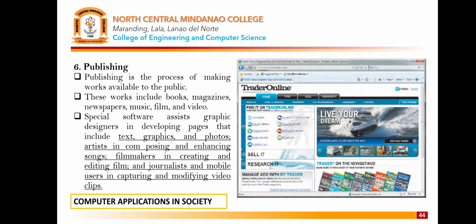And some karon many publishers nowadays they make their works available online, no? Kay mas daghan magmaabtan, and some websites allow you to copy the work, no, na ay uban free, such as a book or music, no, that you could actually some of those are for sale, of course, and you could actually download them to your desktop computer or even to your cell phones. All right,